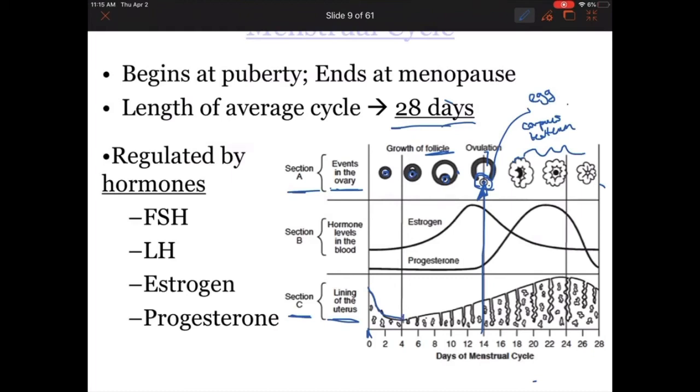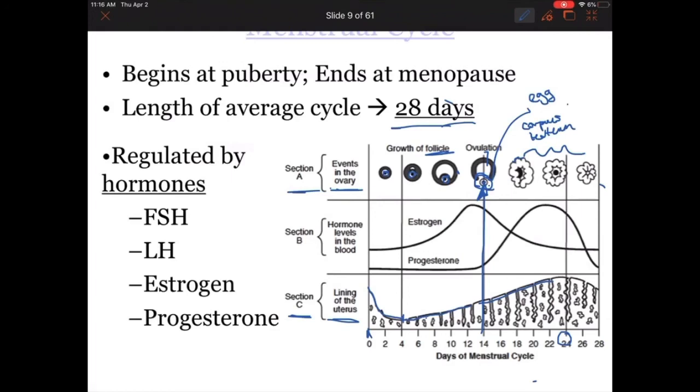This one has you stopping at around day 4. And then from that point on, you're looking at that uterine lining becoming thicker and thicker in preparation for a potential pregnancy. By the time the egg reaches the uterus, which is around day 24,